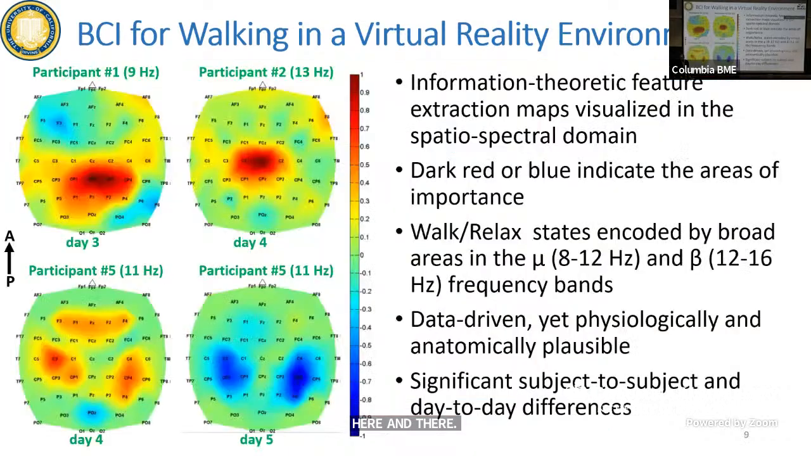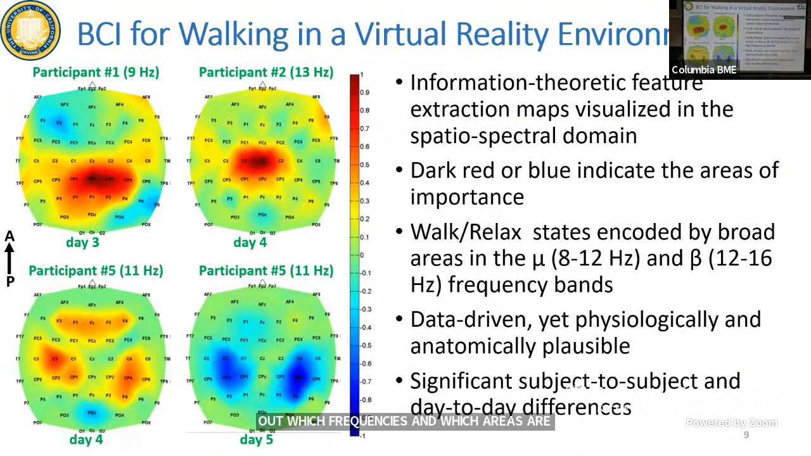We can achieve very, very good performance. So now, interestingly, when we look at those information theoretic feature extraction maps, if you will, in space and frequency, we see what lights up here. You don't really need to know anything about this image other than dark blue and dark red are important areas. Basically this method spits out which frequencies and which areas are important to encode or decode